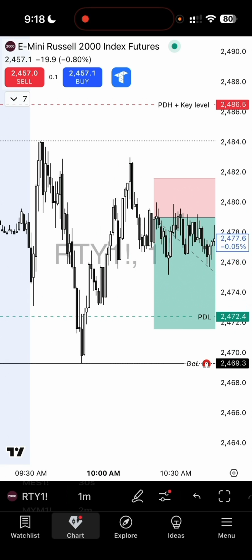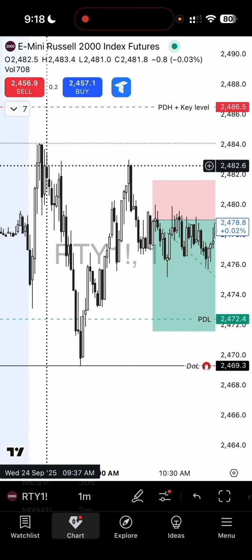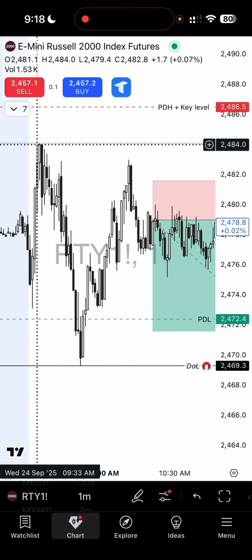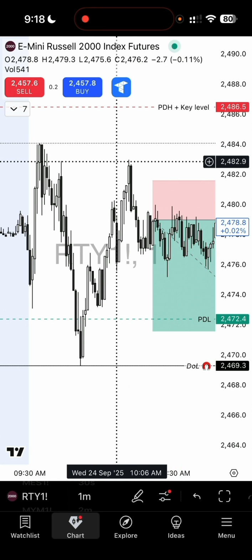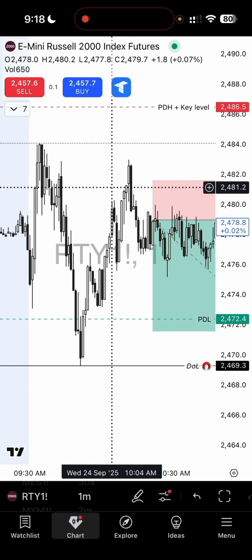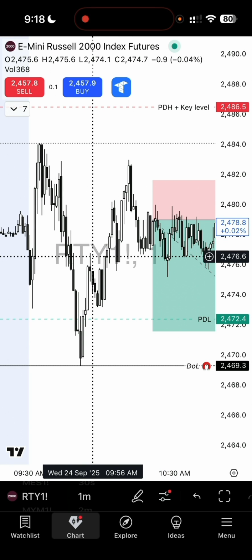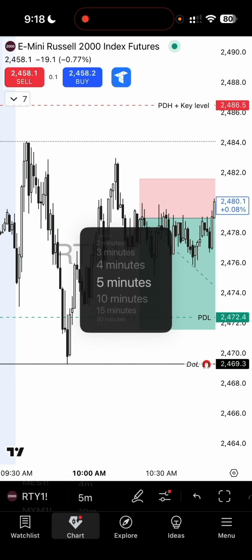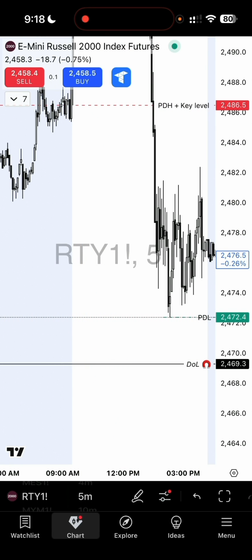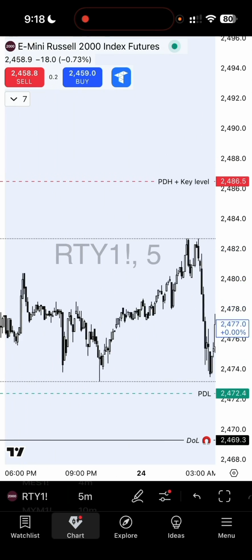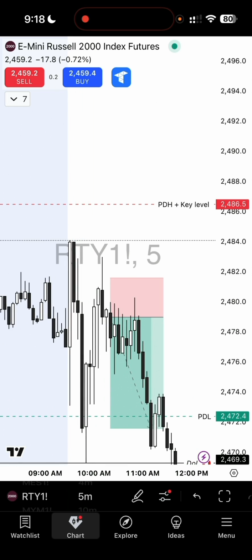You see, we ended up creating lower highs. So this is a lower high. This is a lower high. If we're in a lower high, lower low, that means the trend is bearish. And we were also testing the 5 minute imbalance on E-mini Russell right here,